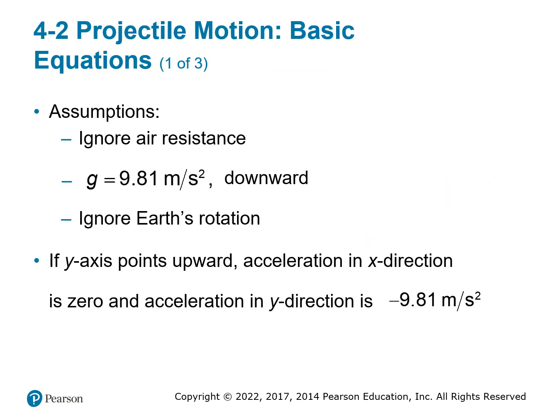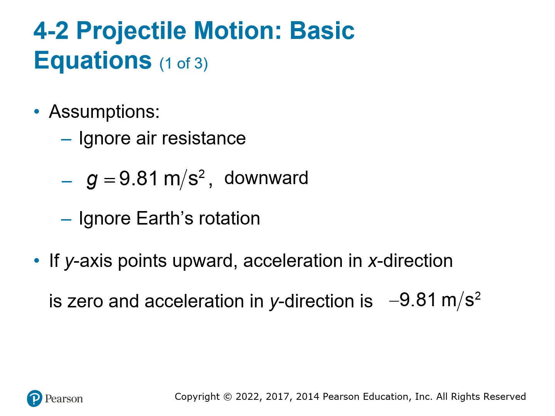So for projectile motion, there are some basic equations or basic assumptions that we need to know. Just like I've said in previous lecture videos, we are going to ignore air resistance. This is going to be like we are in the perfect world. Everything works like it is supposed to. We are going to assume that the acceleration of gravity is 9.81 meters per second squared going down. And we're going to ignore Earth's rotation. That would just involve more math, and we don't need to do all that.